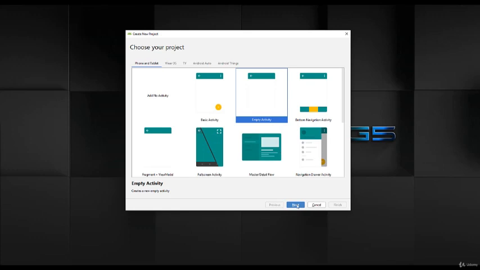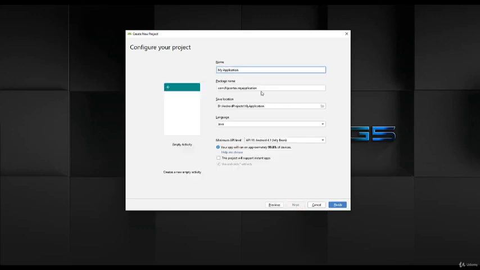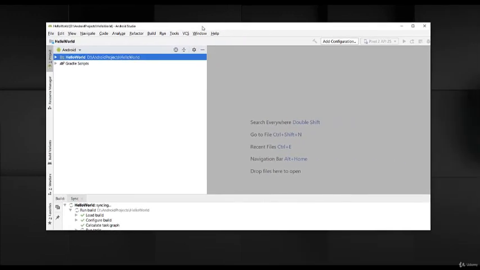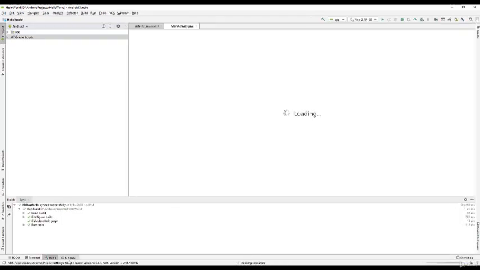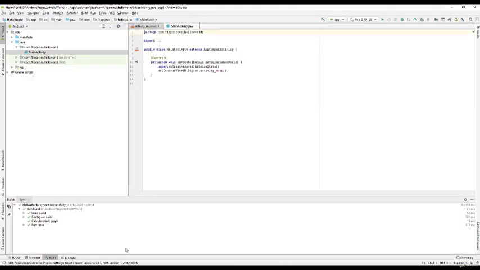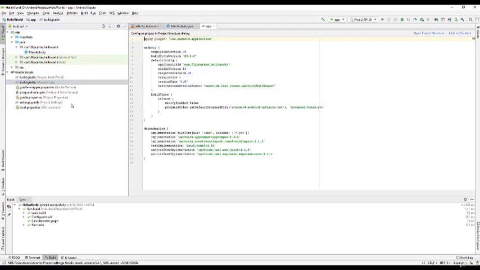Let's start by opening Android Studio and start a new project. Select all the default settings and a plain app with an activity. Let's give it some time to start. So once we generate a new project, we will see some processes running in the background. These are related to Gradle. Gradle is the build system on Android Studio.